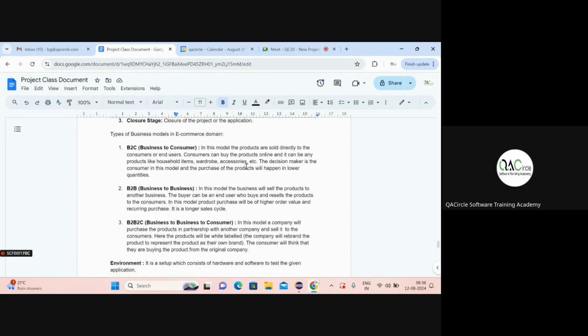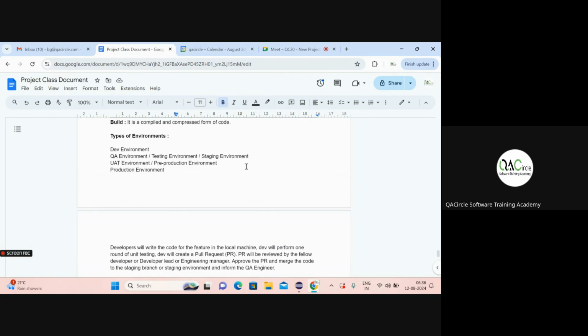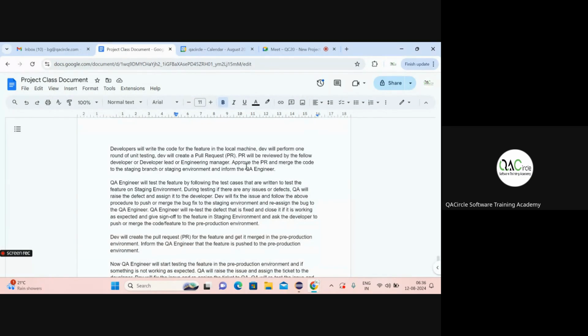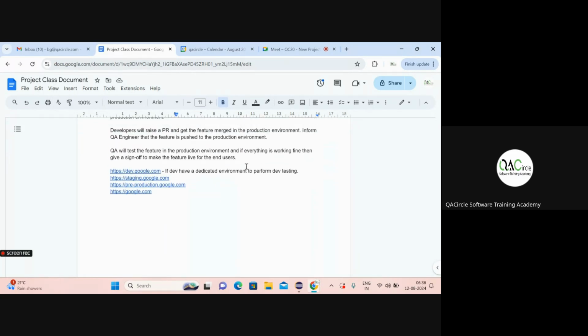So in the previous session, we discussed the business model in the e-commerce domain, and also we understood what the environment is and how we will be starting the testing once any build is provided. And we understood the different types of environments like staging, pre-production, and production environments. Okay, and in today's session, we'll understand